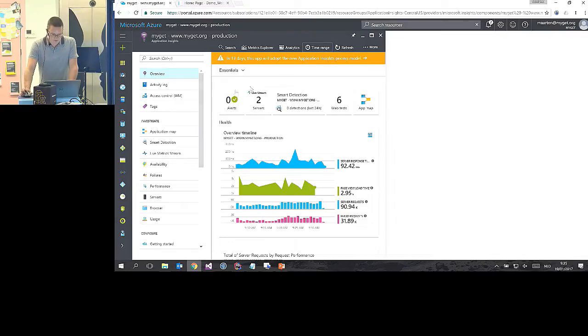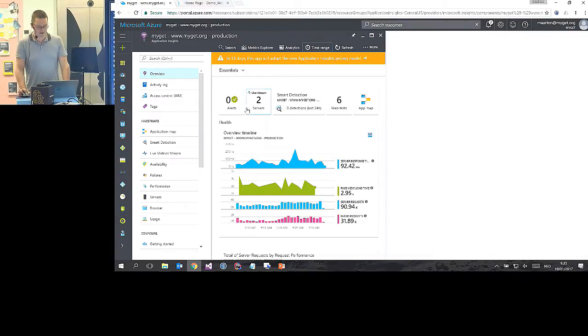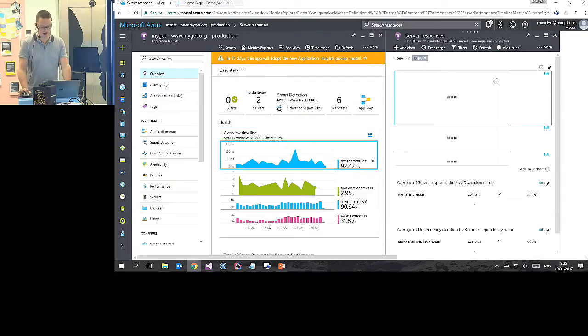Right, so we have the overview, and from the overview we can do a couple of navigations. We can go to the server response time and see, for example,